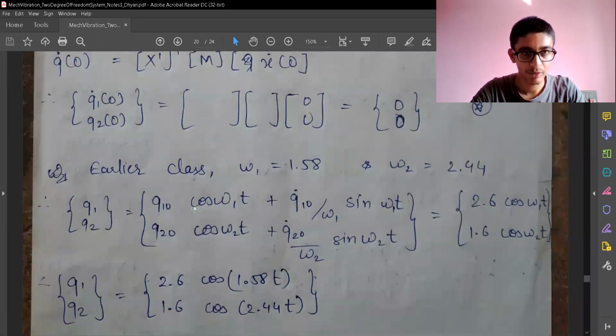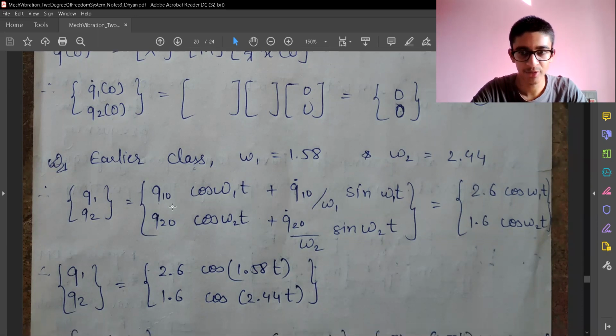How can we get the response? Whatever equations we have, those equations are simple spring damper systems. So this is how the system will be: displacement into cos omega t plus velocity by omega into sin omega t. So this is very simple. This is a general response which we already know, and the q earlier was replaced by x. So we had x 0 cos omega t plus x dot 0 by omega sin omega t.